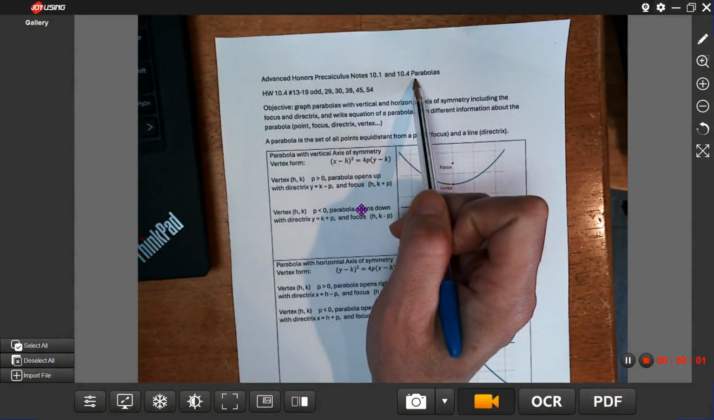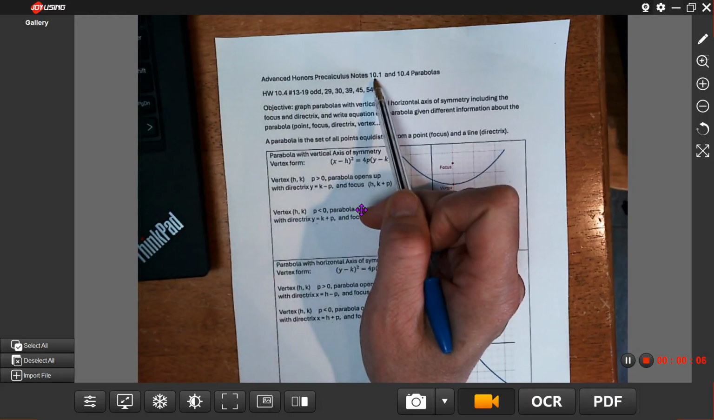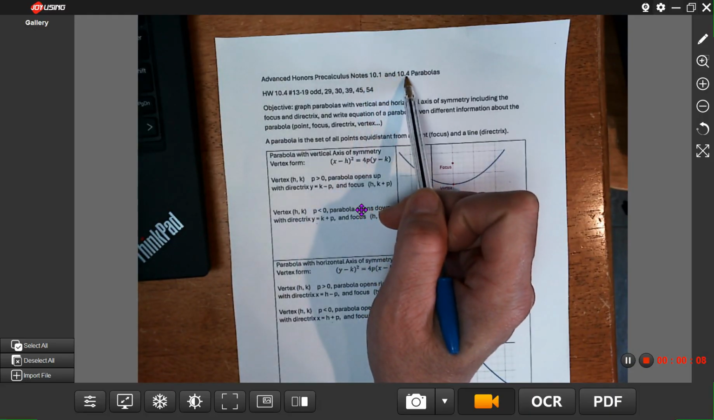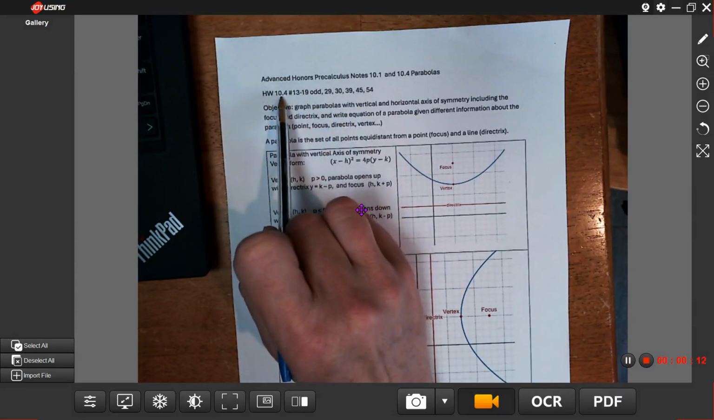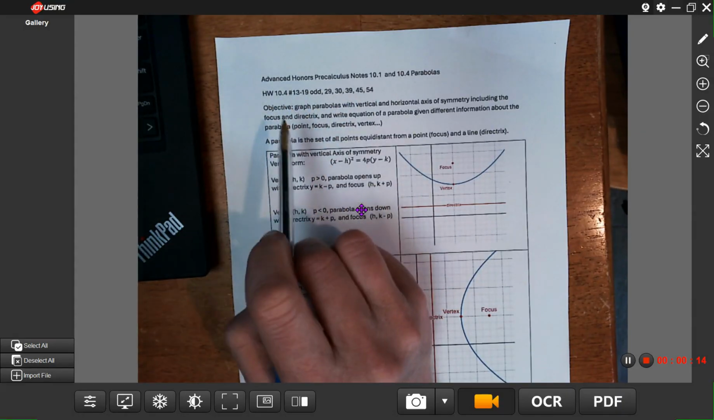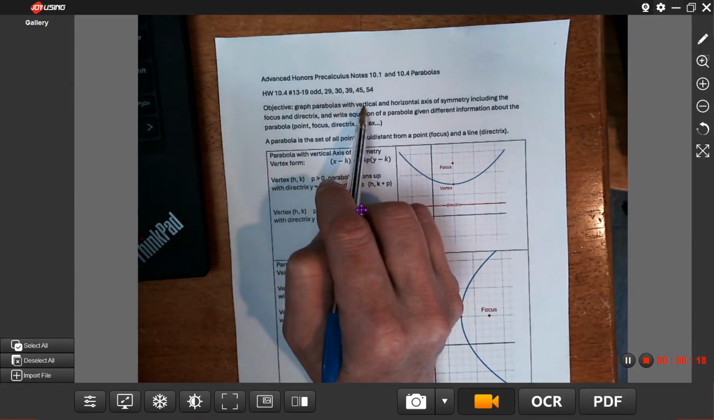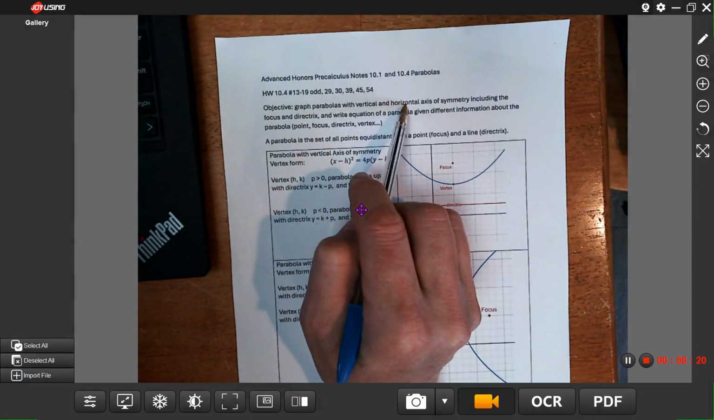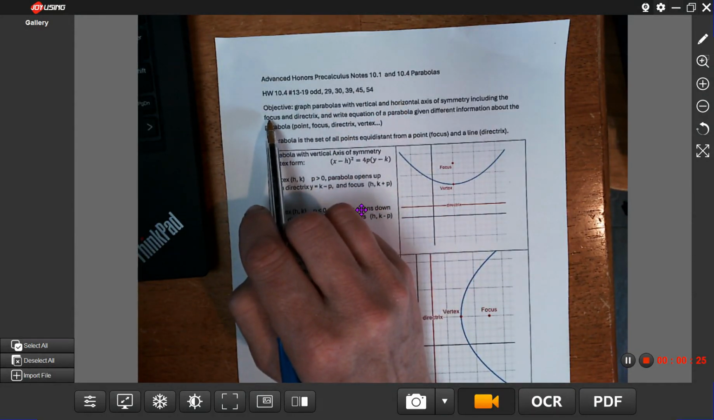This lesson is going to be about parabolas, and the topics are taken from section 10.1 and 10.4, but all of the homework problems, notice they're written right here, are from section 10.4. So our objective is to be able to graph parabolas both with vertical and horizontal axis of symmetry, including